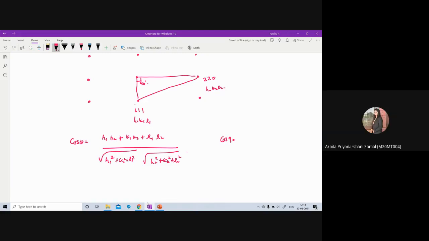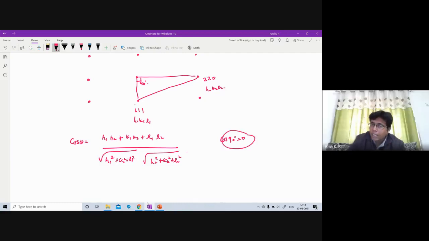0, sir. Okay, that is the reason I said you keep a point which is at 90 degrees, because we get 0, and we need not worry about what is going to be in the bottom. You should get 0 on the top side. That is very easy to get.